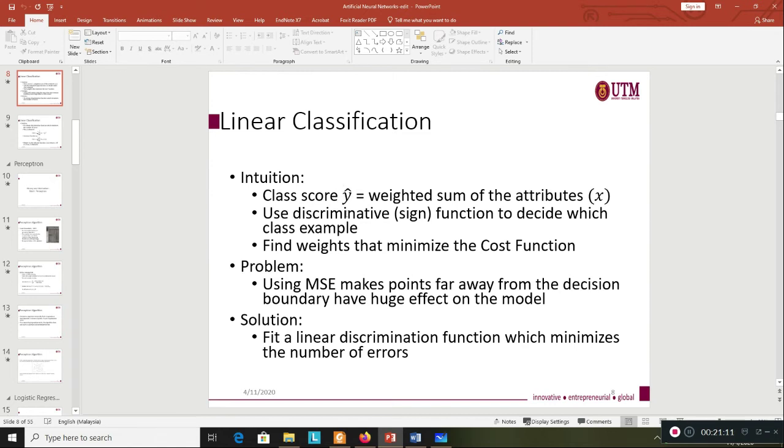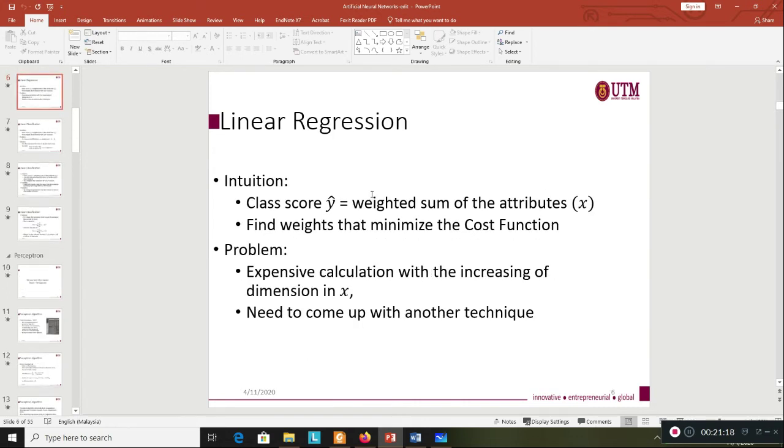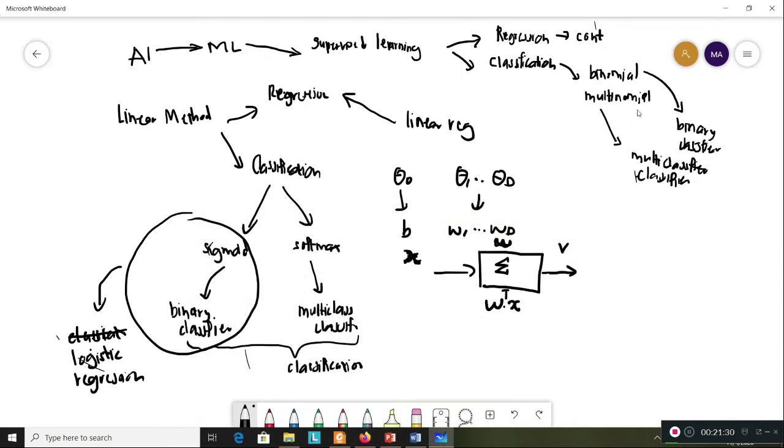The output here is equal to... sorry, this one is classification. Yeah, the regression. Y hat is equal to the weighted sum of the attribute. Weighted sum of the attribute means that this is the weight W,